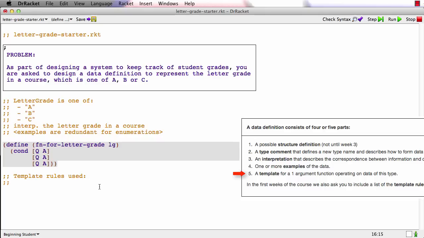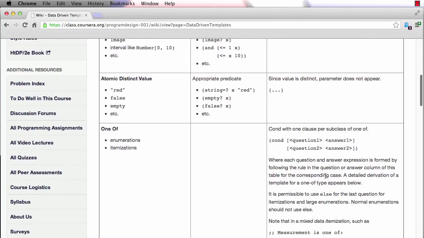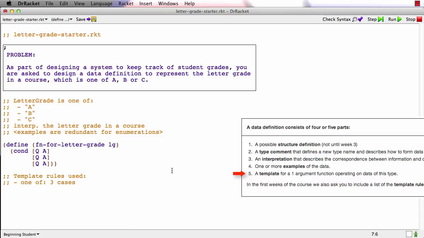And down here in my template rules, I'm going to put that we use the one of rule and that there are three cases. Now what happens? Well, now I've gotten past the one of, and the next thing I see is an A. The next thing I see, in fact, is the string A. So which template rule is that? Because what this says is that for each question and answer expression, I'm going to form it by following the rule in the question or answer column of this table for the corresponding case. So I'm going to this A,